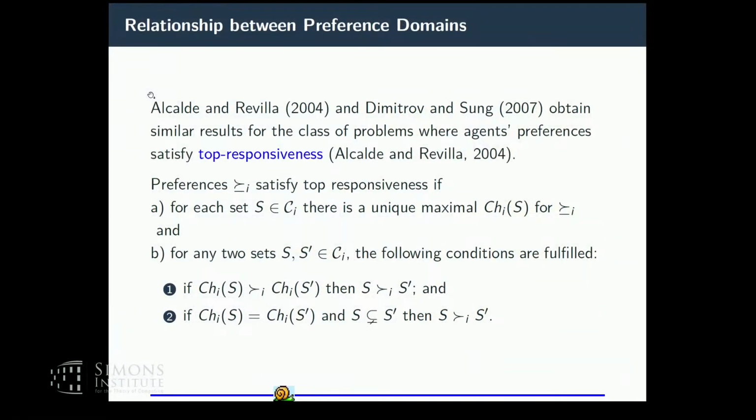We just saw choice functions. And then it happens to be the case that first you have to have that when the chosen set from S is better than the chosen set from S prime, then S is better than S prime. This is not satisfied by all friend-oriented preferences, by the way. And the second one is, if the choice from S is equal to the choice from S prime, then the smaller set is better. This we have because when you choose from a set, the best set from a set is only your friends. If 2 sets have the same friends, then the set with fewer enemies wins. And that's basically the second condition. First one is not satisfied.